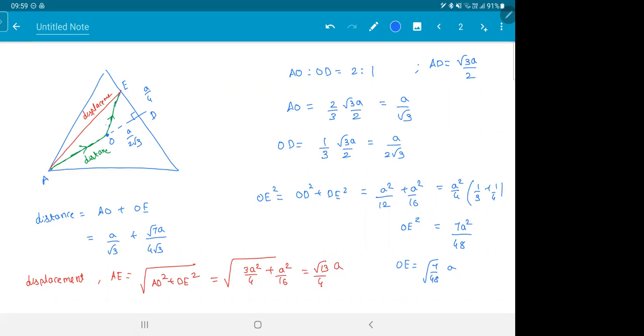Check it out. I did nothing other than your school geometry, Pythagoras theorem and the centroidal property. You should be this thorough with this kind of thing. Any step you didn't get, please ask me. And the calculations, you see how fast I'm doing, this much speed they should have. And how will you get that speed? You have to try it every time. It won't come suddenly one day. When you see a question, try to solve it without putting pen on paper. If there are 10 steps, if you can skip 9 steps, you're doing a great job. This is not school where you have to write each and every step.